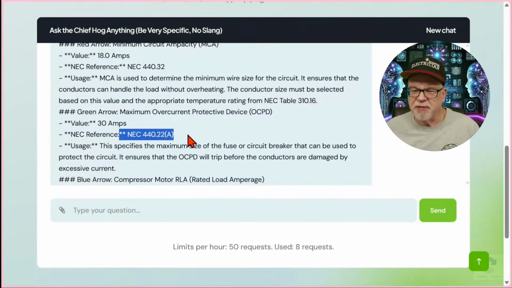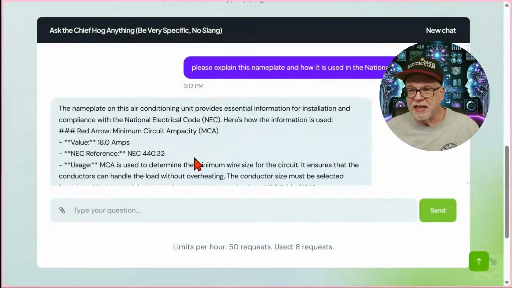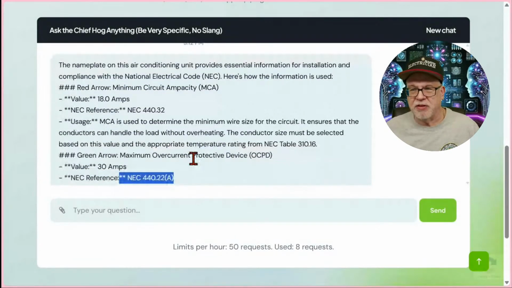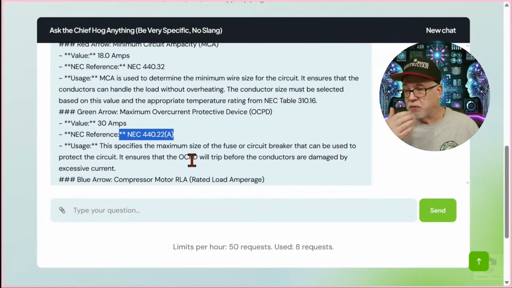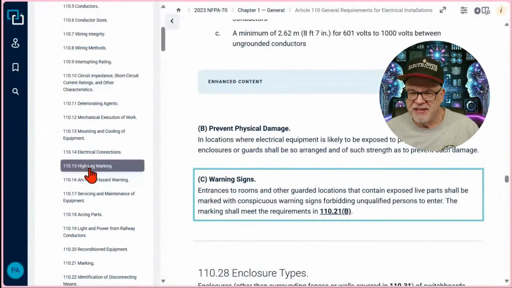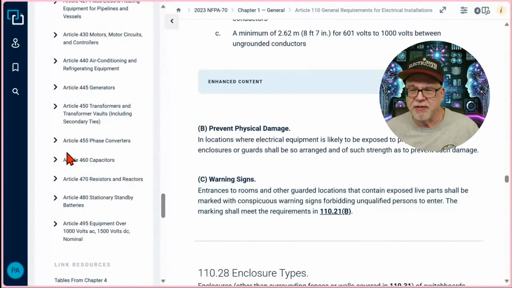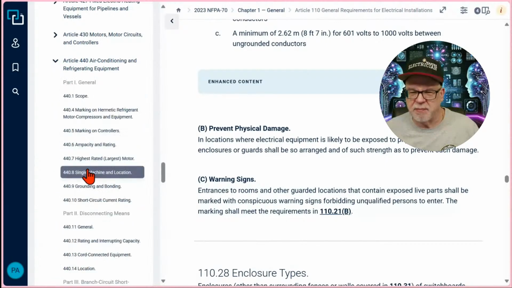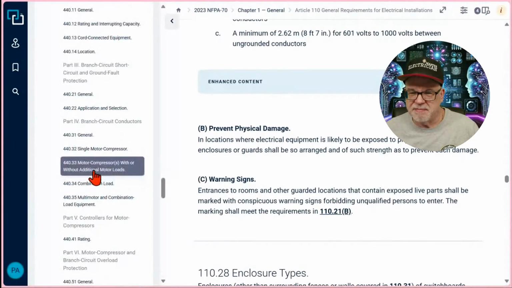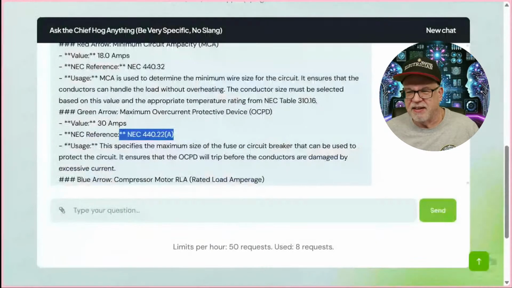Okay? It's quite shocking that it pulled back all of this information. Now, whether or not it was 100% right on 440.22(A), we can go do that. I did not think it was ready for this yet to even attempt to do this. But clearly